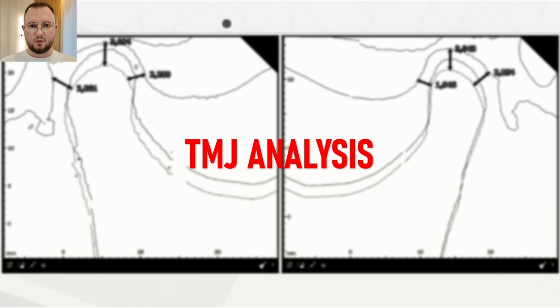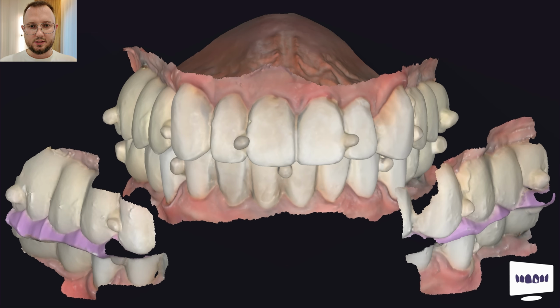In this video, we'll look at the CBCT workflow for TMJ analysis at the temporary stage. First clinical case. Scans were taken using a Medit scanner. Bite position in occlusion. In the posterior area we have PMMA bridges and put composite markers in symmetrical positions for the bridges, and also put them in the anterior area. Important, we need to put composite on the upper and on the lower jaws.